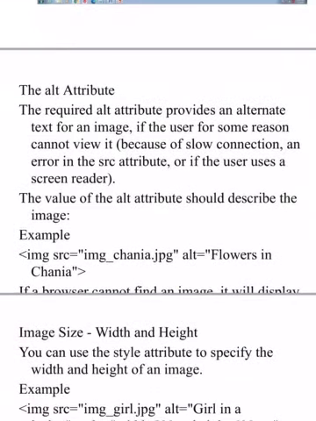It means, what should the img tag do if there is no image? Actually you have to put the image, you have to check the availability of the image in our working folder, but if it is not there, what should it do? For that we use alt.